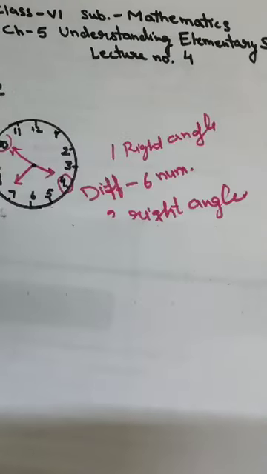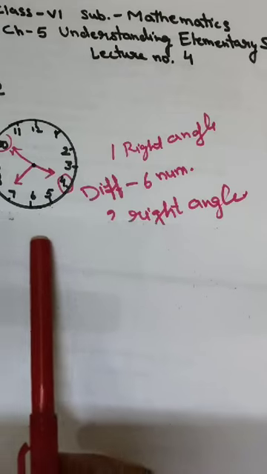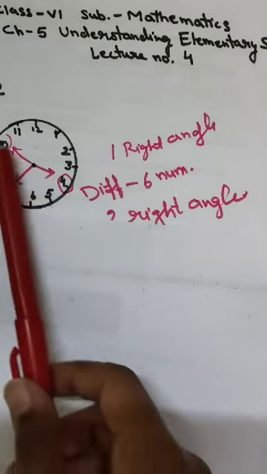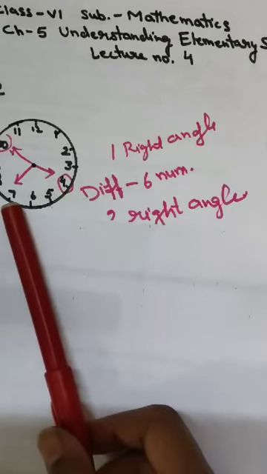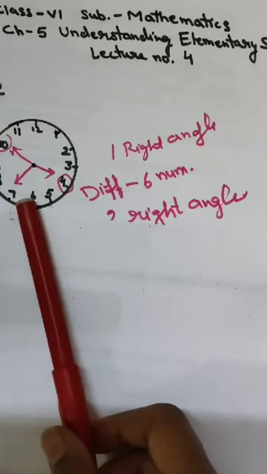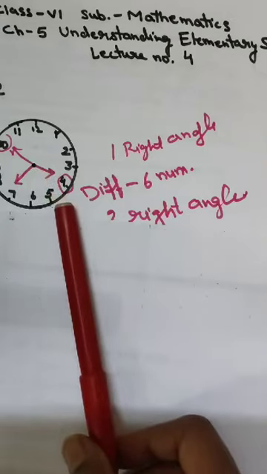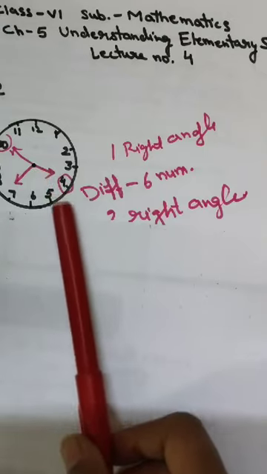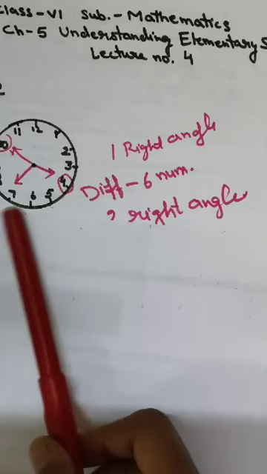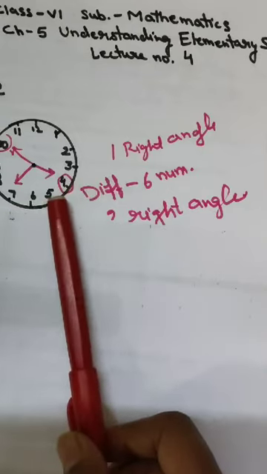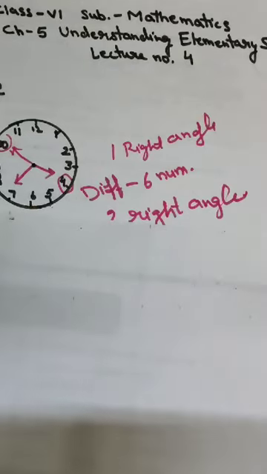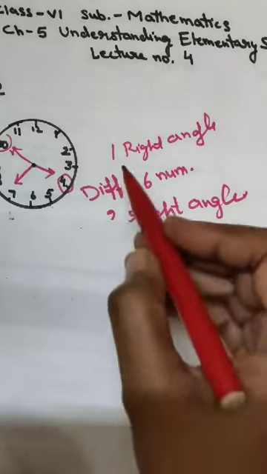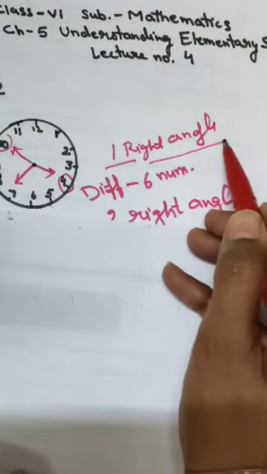In lecture number 3, we did this: when a clock is given to us, two hands are given to us. It starts from 4 and it will stop at 7. Then you have to tell the number of right angles it made. See, if the difference is of 3 numbers, as in this case, from 4 to 5, 1 number, 5 to 6, 2 number, 6 to 7, 3 number, then it will make one right angle.